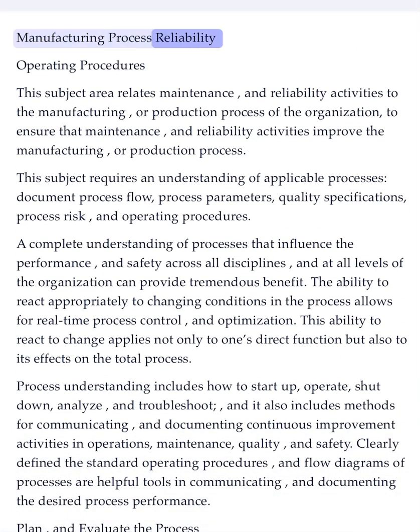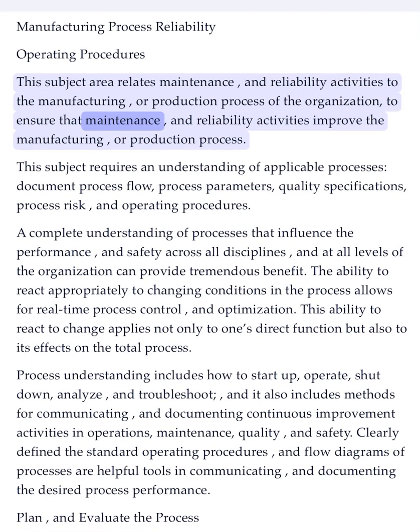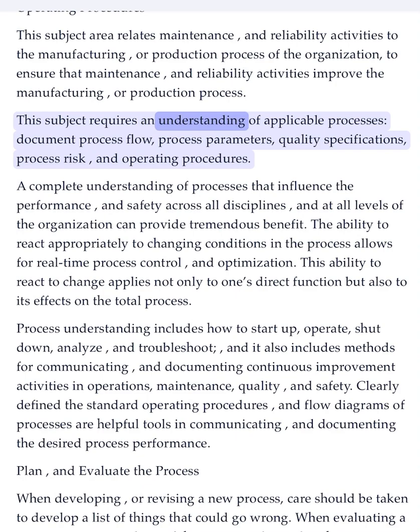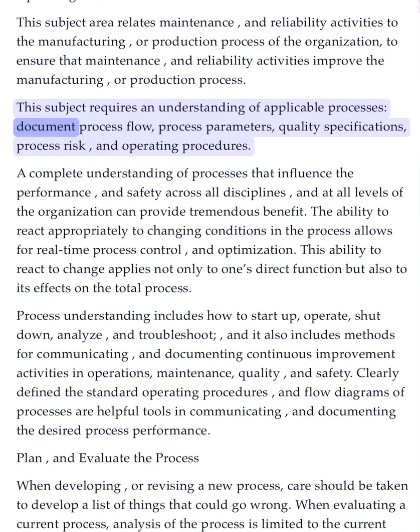Manufacturing process reliability. Operating procedures. This subject area relates maintenance and reliability activities to the manufacturing or production process of the organization, to ensure that maintenance and reliability activities improve the manufacturing or production process. This subject requires an understanding of applicable processes, document process